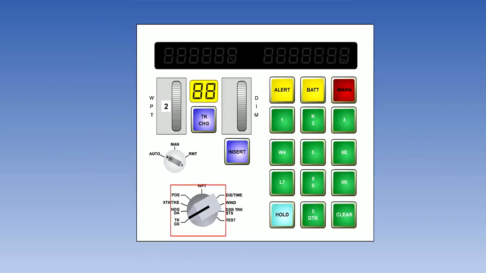We then looked at the control and display unit and went through each of the rotary switch functions. The alert light gives warning of approaching waypoint changeovers. The warn light is used to indicate malfunctions. And the CDU battery light tells us that we have lost aircraft power to the INS and that the INS's own internal battery has taken over.